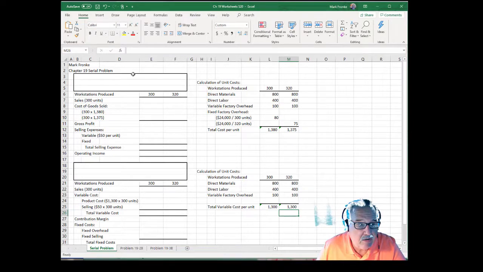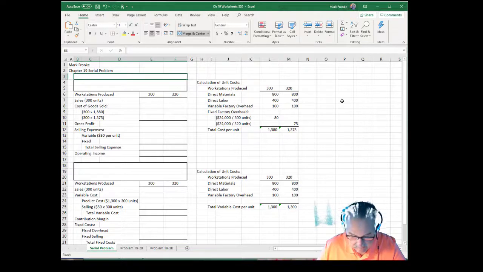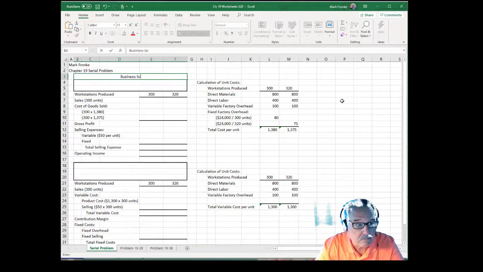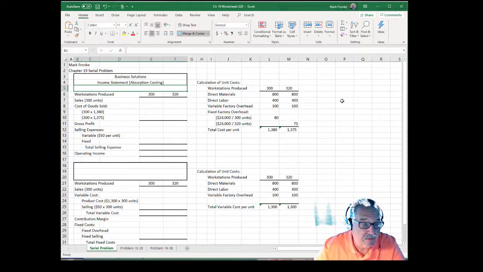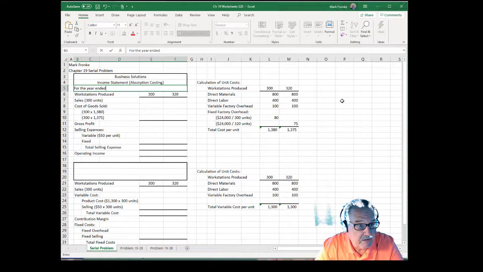So now we can prepare our absorption cost income statement. And we're going to just call this an income statement because that's the way we normally report it, but I am going to just notate it as being absorption. But that's just a fancy word for our normal income statement. And this is for the year ended December 31,